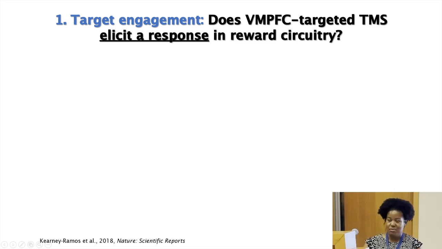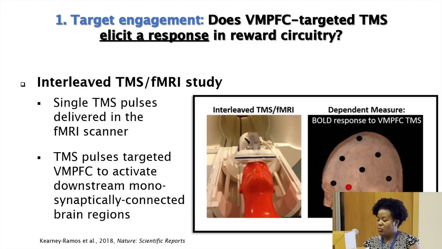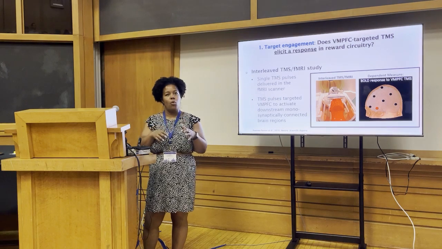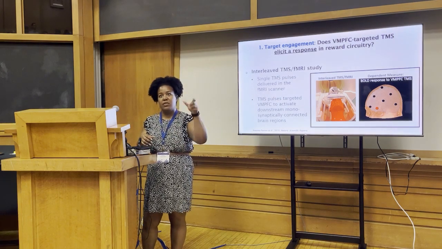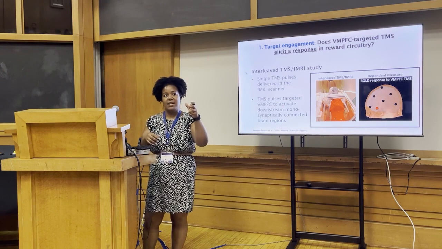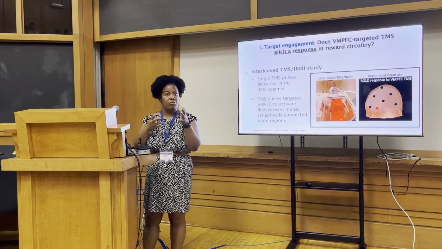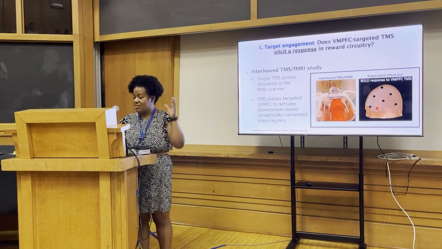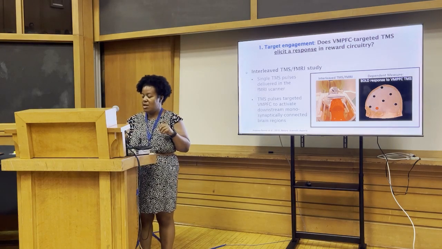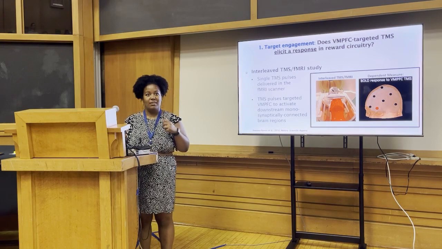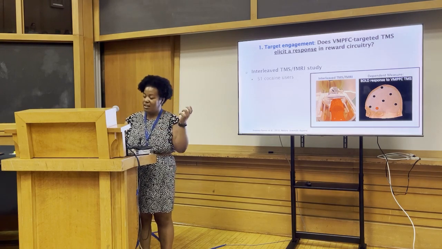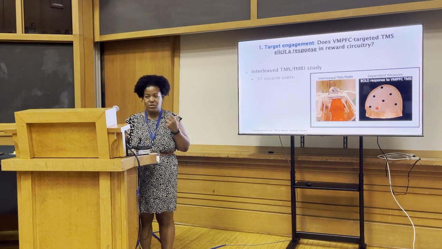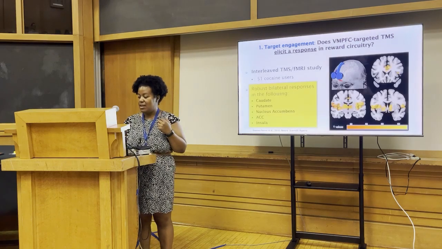And so we used neuroimaging to demonstrate that. We did an interleaved TMS-fMRI study. This is where you have an MRI-compatible TMS coil, and you're able to deliver pulses of TMS and then capture the downstream responses in the brain in a pretty synchronous manner. With single pulses to the ventromedial PFC, we were able to see where in the rest of the brain lit up. And in a sample of 51 cocaine users, a pretty good-sized study, we were actually able